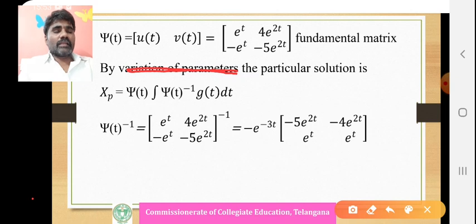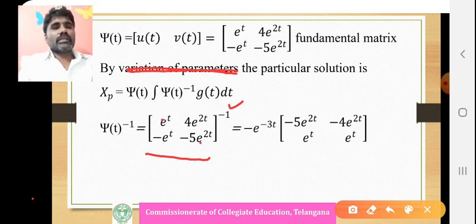g of t is the right-hand side term, the non-zero term: 5 e^t and 6 e^t, that is g of t, where psi of t is t e^t, e^t. Now its inverse is 1 by (ad minus bc). 1 by (ad minus bc) is a into d, that is minus 5 e^3t minus 5, this one into this one, plus 4, minus 5 plus 4, minus 1, e to the power 1 by e^3t becomes